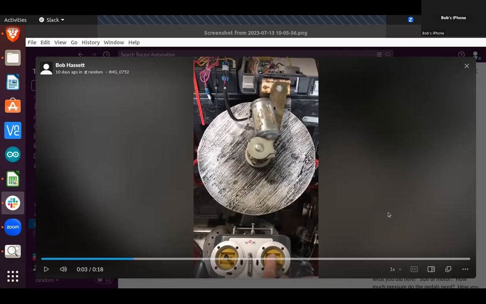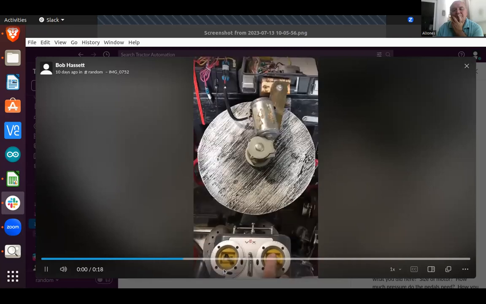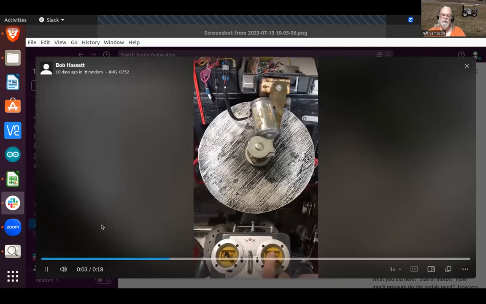There's another picture about the control box. Before you move on here, go ahead, Al. Go ahead and run the video so we can watch the steering wheel turn back and forth. It's not showing up for some reason.